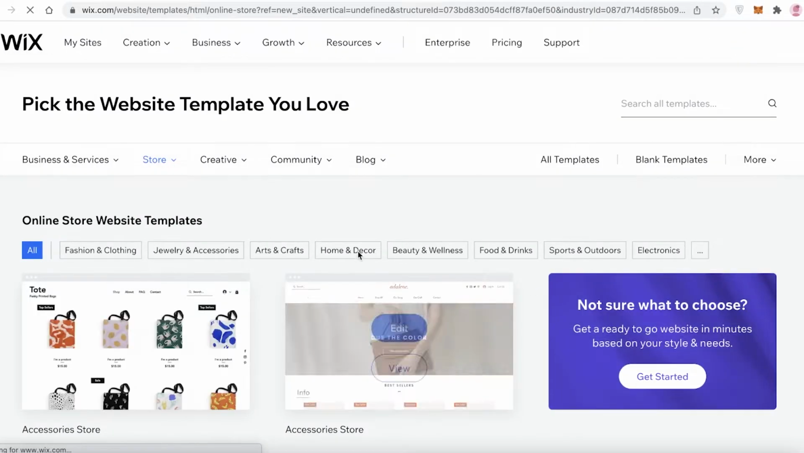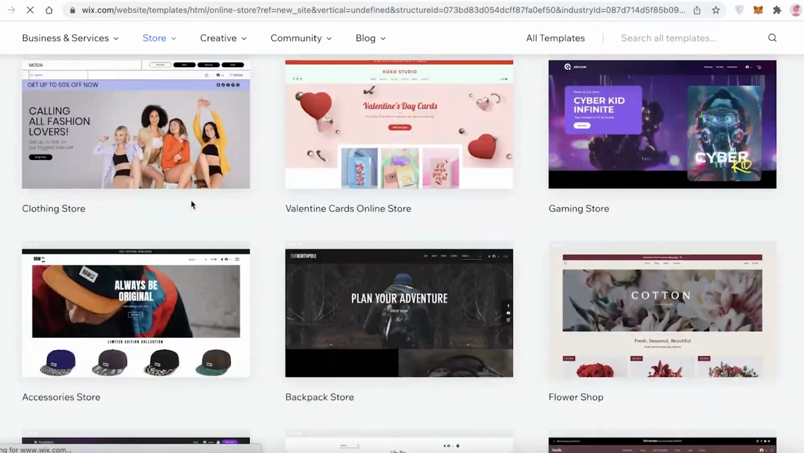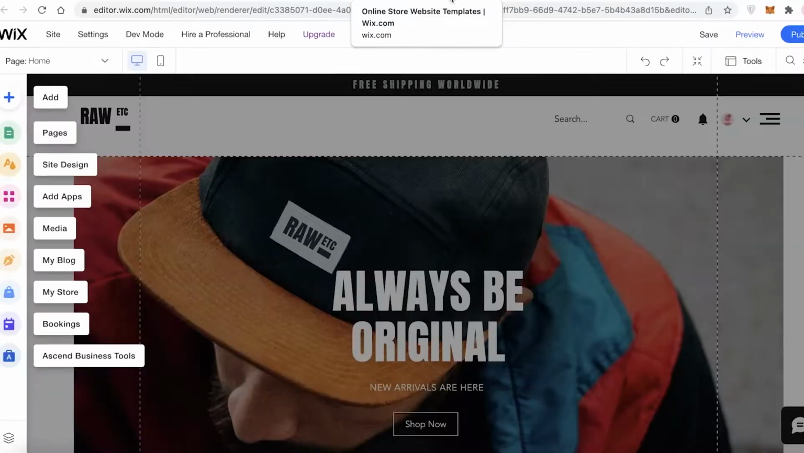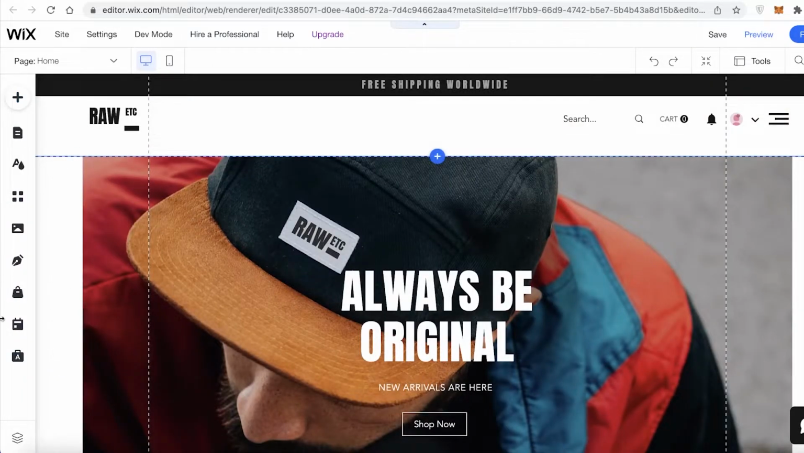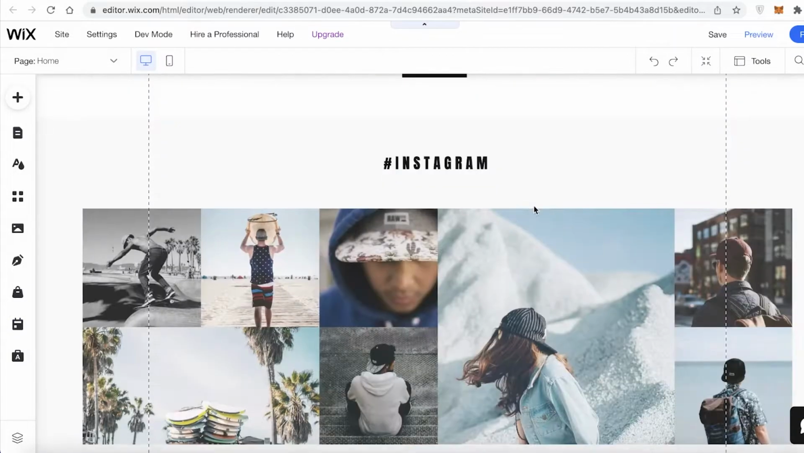And you're just going to click on edit a template, and then you can pick out any one of these templates. I'm going to continue on with this accessories store template. And we're just going to wait for this to load up on our screen. And now you can see over here, this is the Wix website editor. So on your left, you have all of your website editing tools, and then you have your basic website set